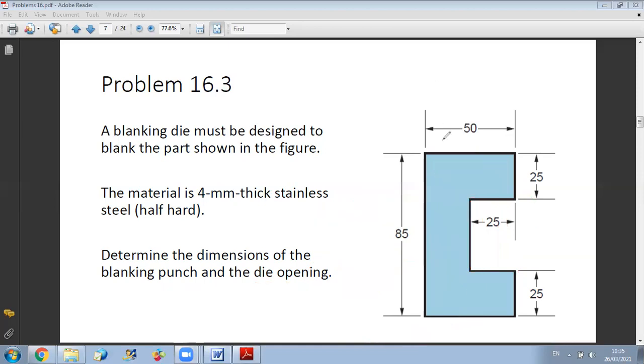You can perform this operation instead of doing blanking. You can have this final product using punching. How? If you consider that you have this part and you subtract from it, you do a hole like this, then this will be a punching operation. But it's not the case here. You are not producing a hole in this way and getting your final part. No, what you are doing is you have a die and punch with this geometry. So the part